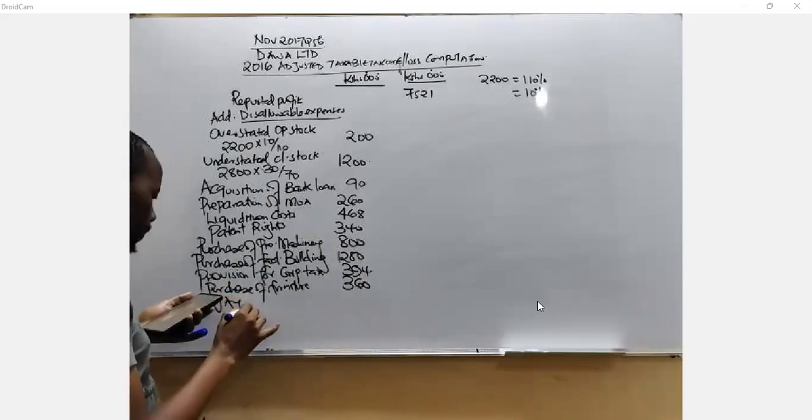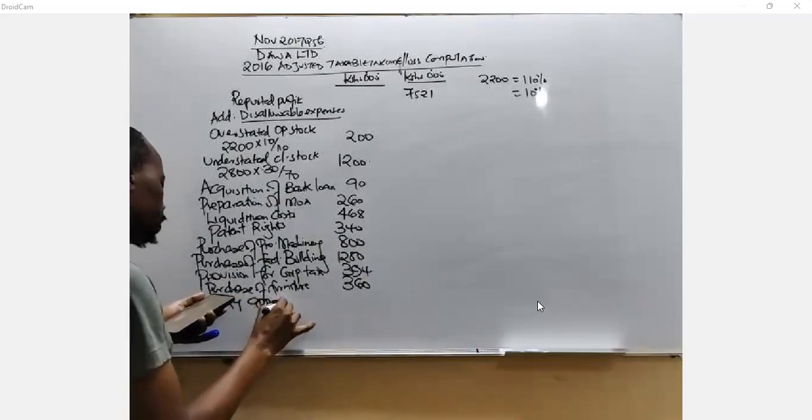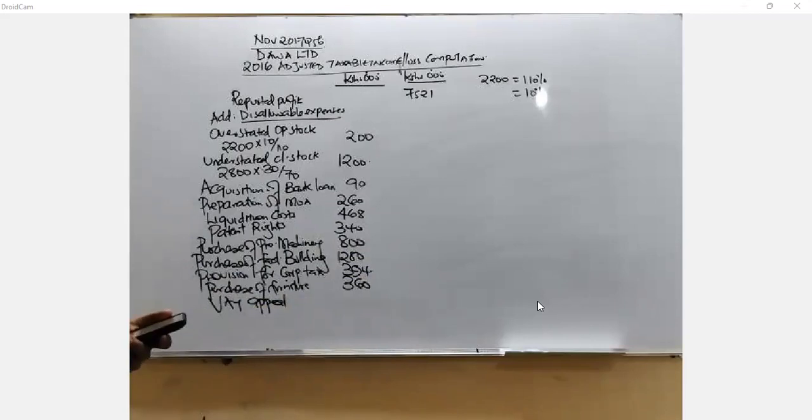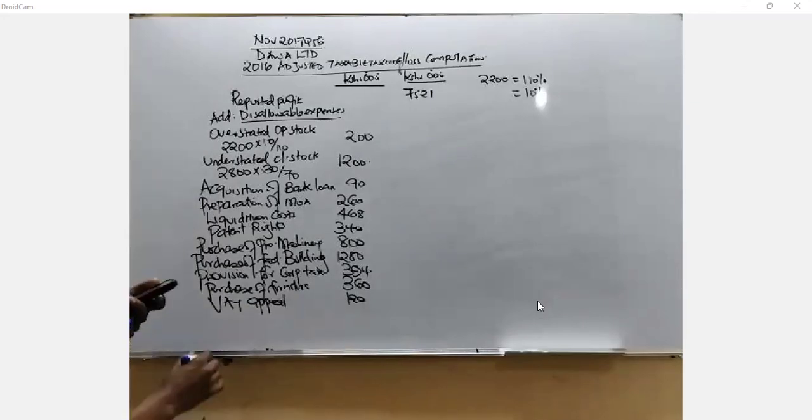VAT appeal. The VAT appeal now. The VAT appeal amounts to how much? The disallowable expense, 120. The other one, we have the credit note received. I know now, you can make your own assumption. You say, the credit note received